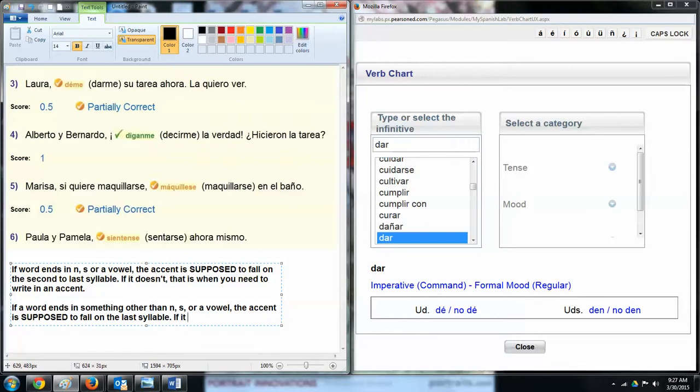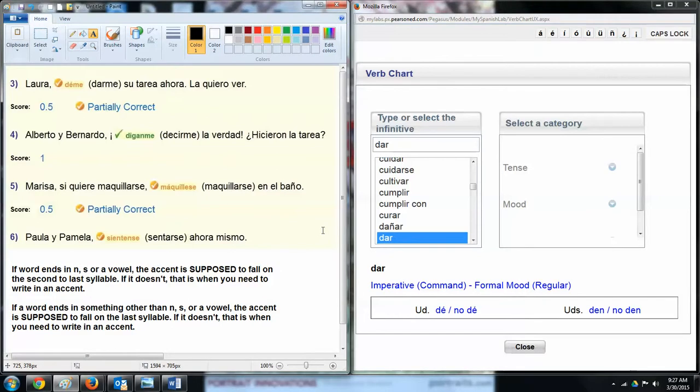If it doesn't, that is when you need to write in an accent. Okay, so now, when you start adding words, when you start attaching pronouns, you are shifting where